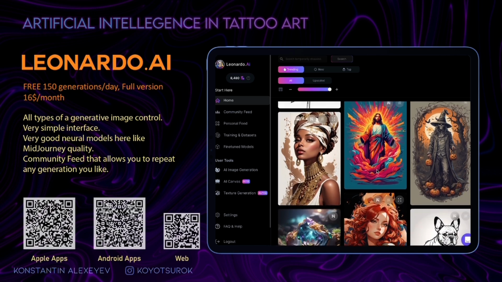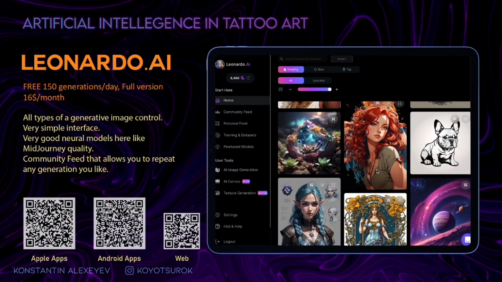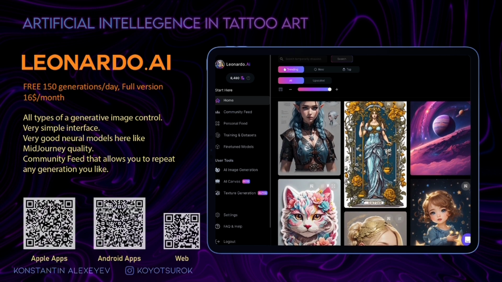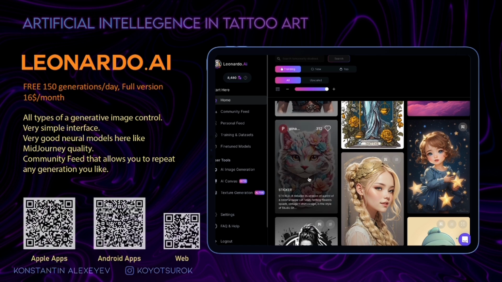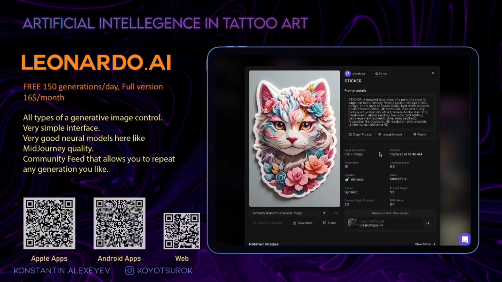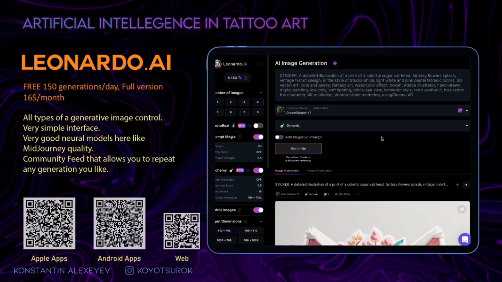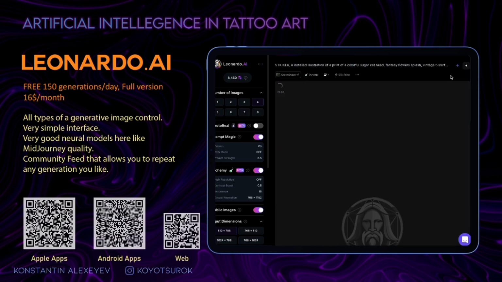There you'll find artworks created by other Leonardo users. You can see trending images and which model and settings were used to create each picture. This button will send all the settings to your interface, so you can try to repeat this image or change it however you want.